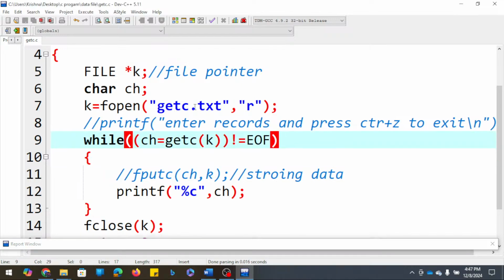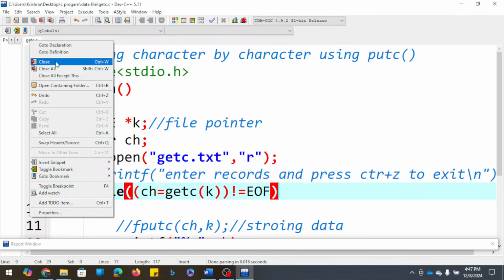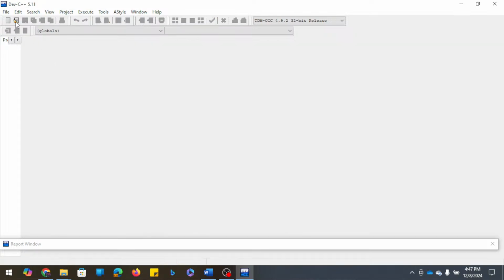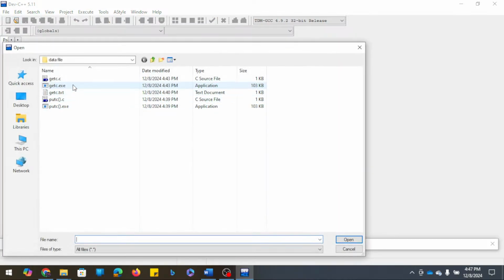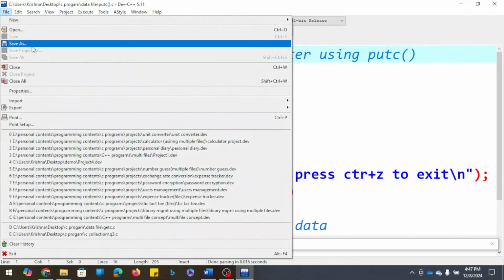Now let's cover reading and writing in the same place. How to go for reading and writing in the same place? For that, let's use the previous file. I'm going to open that previous file, or we can do one thing: we can use the same file here. So closing this file, opening now the previous file that was putc. So open now file, save as,